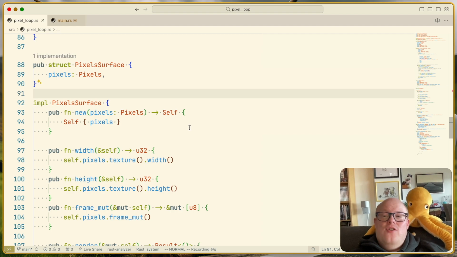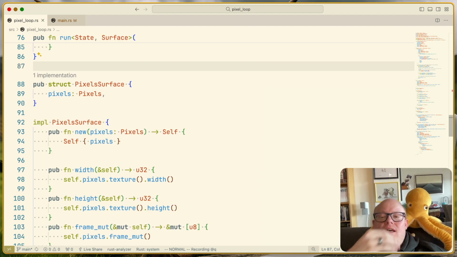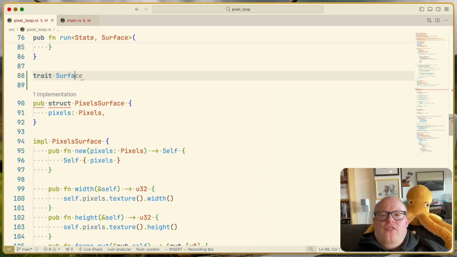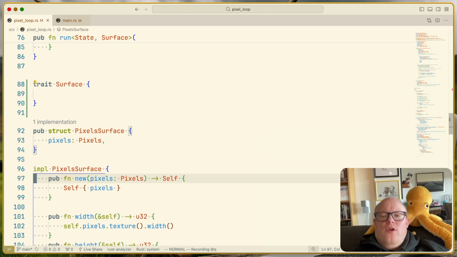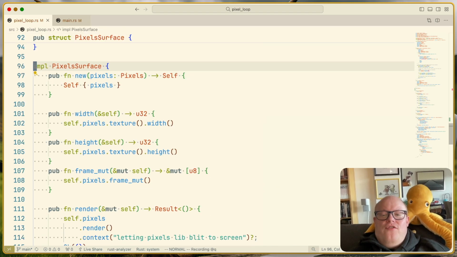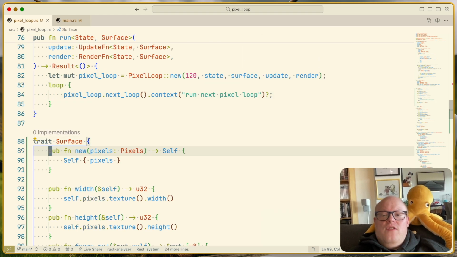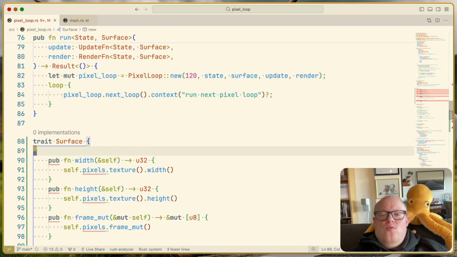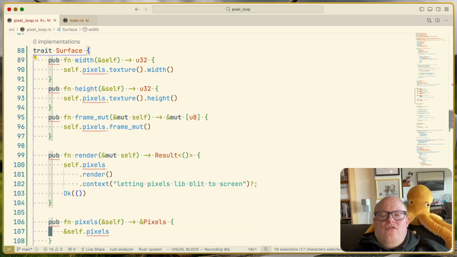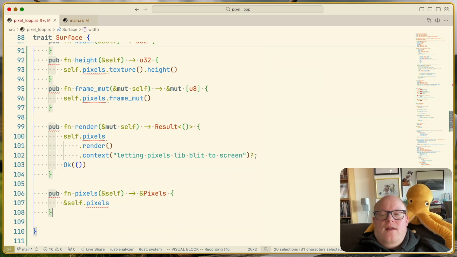And what I actually want to do is I decided on making this a little bit more generic. So I thought I could implement a trait called Surface, and then I would decide on what actually is in this thing. So what I thought about was I first of all take all of this stuff and put it in there, and new will not be in there. We won't need any of this. So let me quickly remove